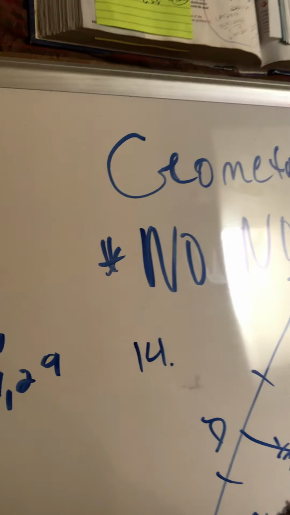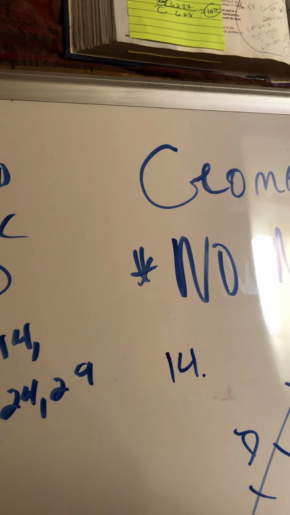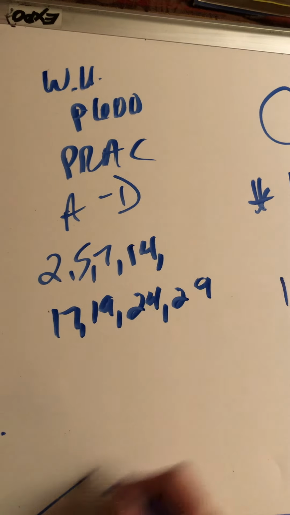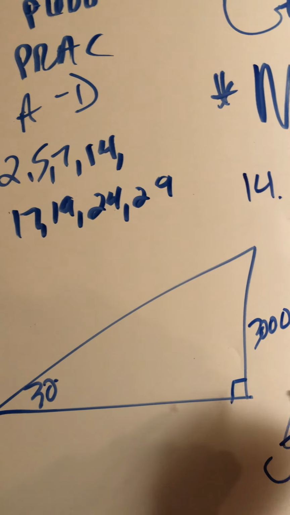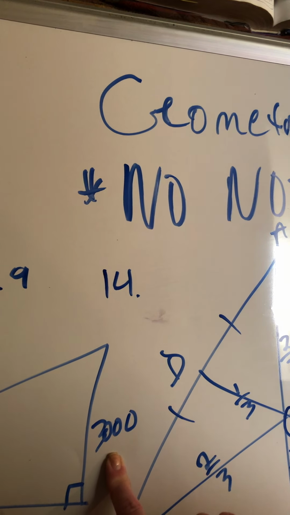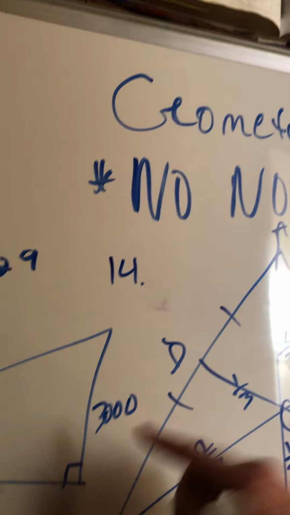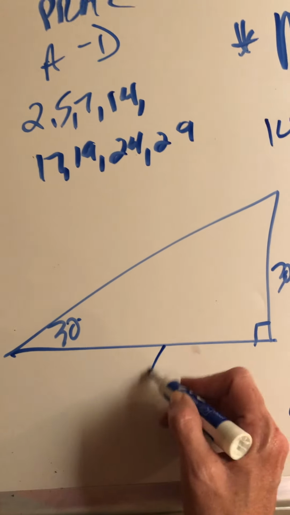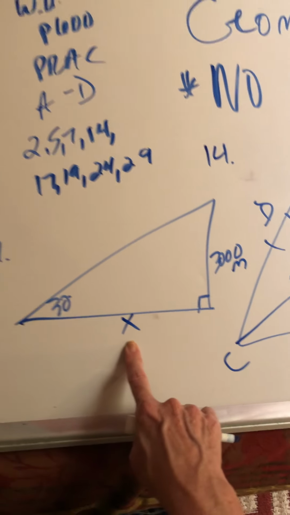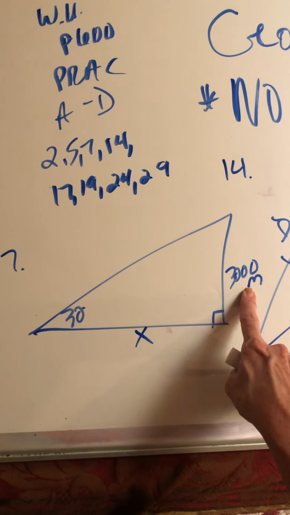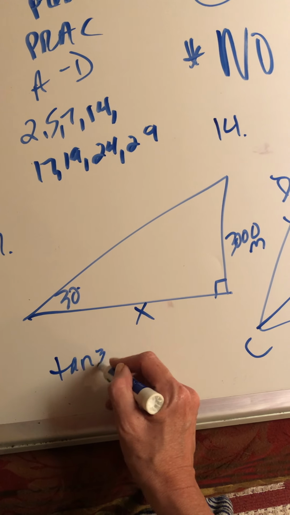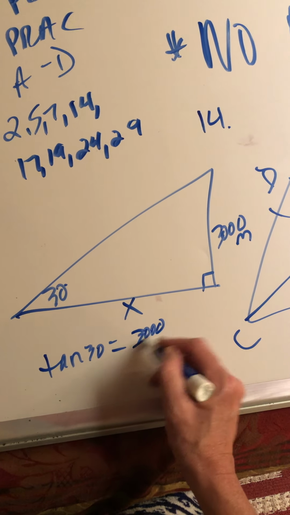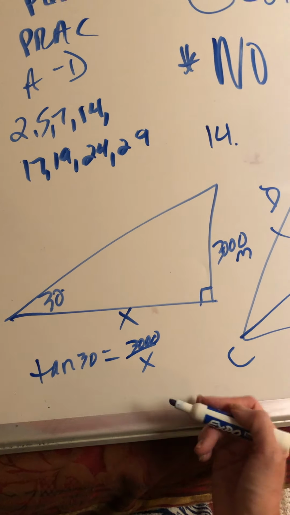Then on 17, I wanted to set up the triangle for 17. Let's see, you've got a plane takes off and flies at an angle of 30 degrees from the ground. So that's like an angle of elevation. And then at some point he gets 3,000 meters above. It says use trigonometry to find the horizontal distance. So you want this distance. So you could see this as a 30, 60, 90 degree triangle. You've got the short side, you need the longer side. Or since you've got opposite and adjacent, you could do tangent. Doesn't matter, or you could see it as